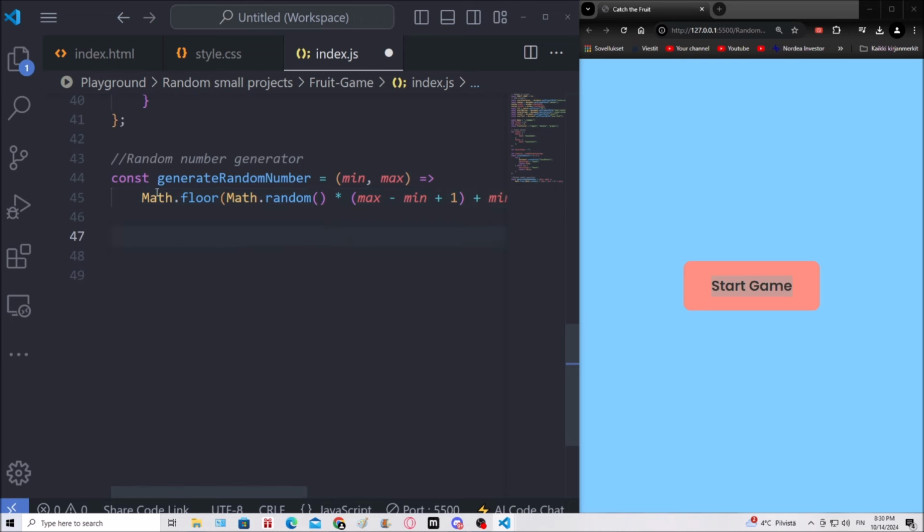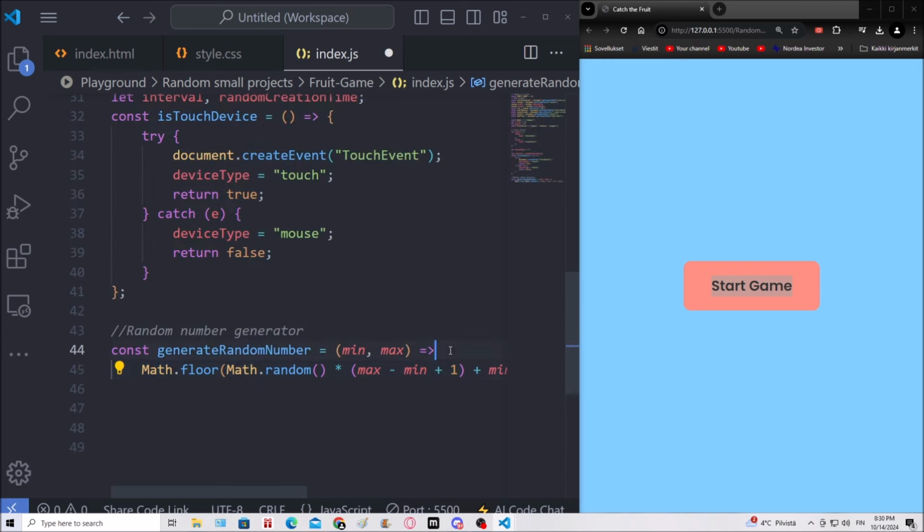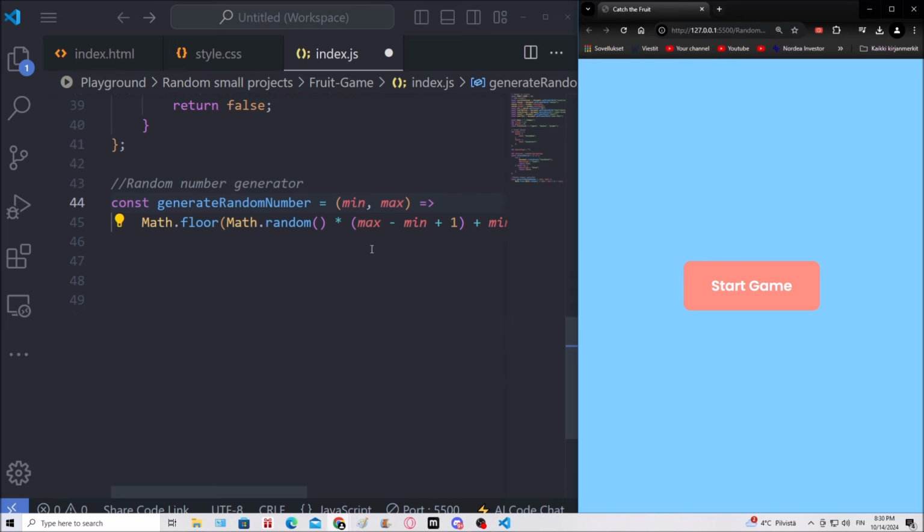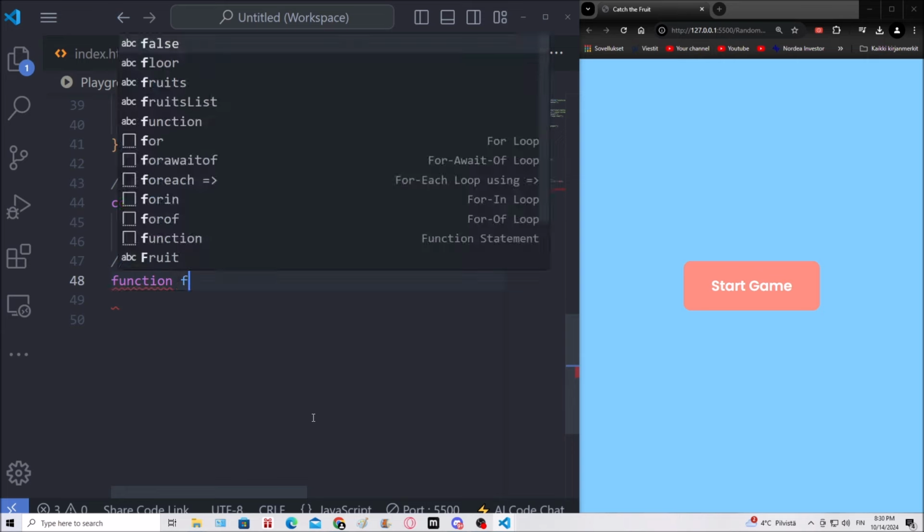I'm trying to go forward a little bit faster because otherwise this video is gonna be crazy long. Anyways, next we gotta go ahead and create a function for the fruit. So fruit function, let's say. So function fruit,